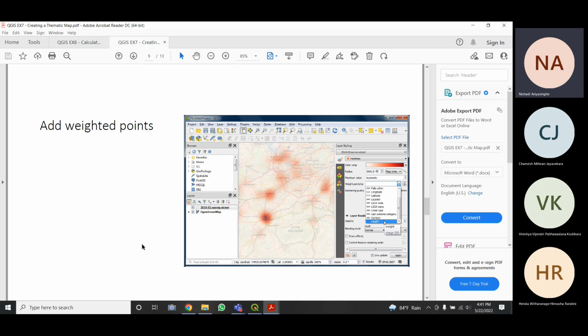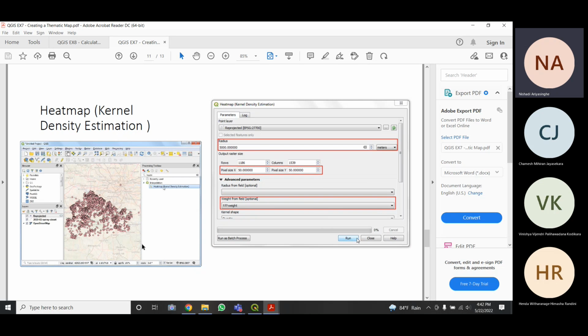right? And there is another way to create a heat map. There are so many ways to create heat maps. That's why I told you when you create the heat map, you don't have just one way to create or visualize it, because the heat map depends on how clearly you are able to see the information, right? So for that you have to try different ways and come up with the optimal way